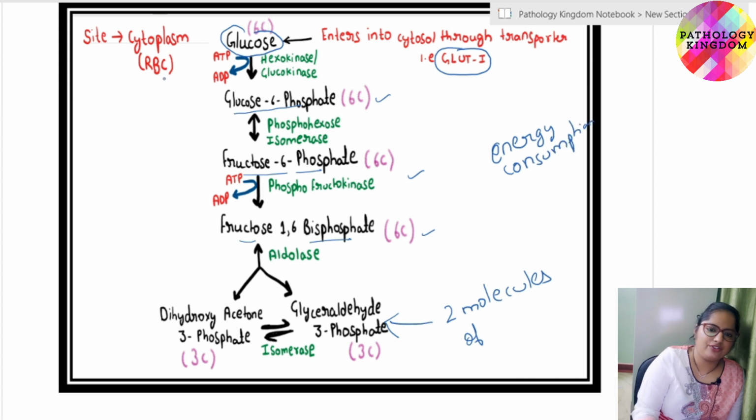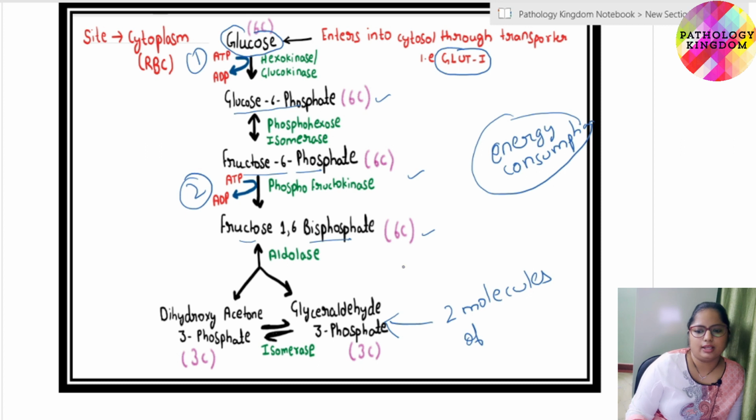In this phase, we have utilized 2 ATPs. As the glucose is converted into glucose 6-phosphate, the ATP is converted into ADP. So during this phase, the 2 ATPs are consumed. So this is the energy consumption phase. Glucose is converted by the enzyme glucokinase. Glucokinase will convert glucose into glucose 6-phosphate, and this glucose 6-phosphate is converted into fructose 6-phosphate with the help of